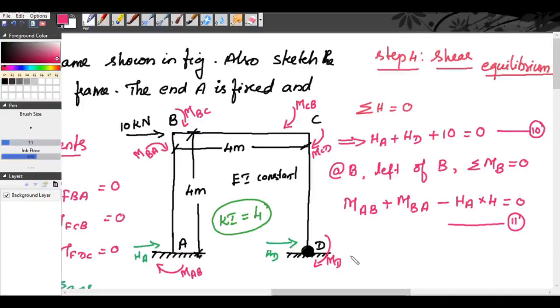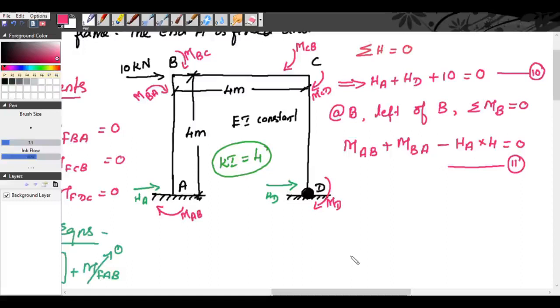Now our next equation is at joint C. Right, we will take joint C. So at joint C, we will consider the right of C. So when considering the right of C, sigma MC is equal to 0 to the right of C, we get,